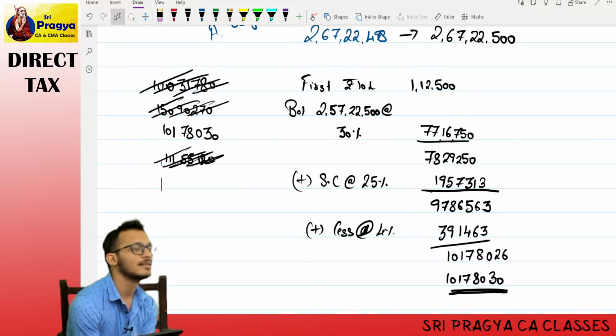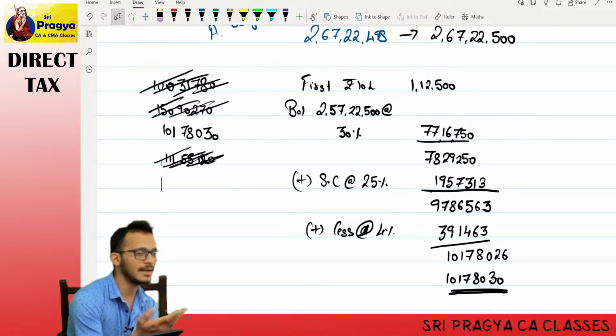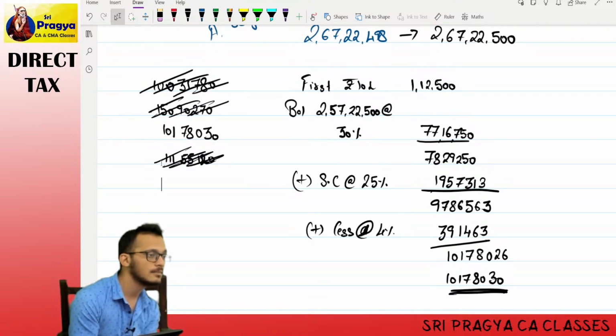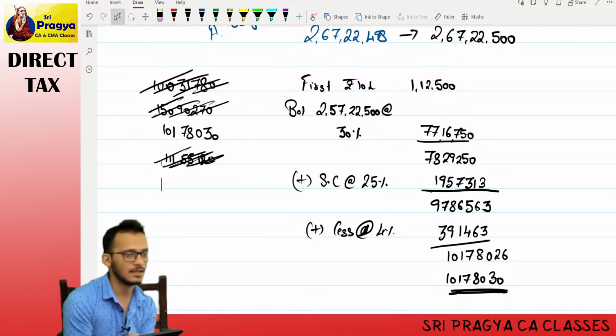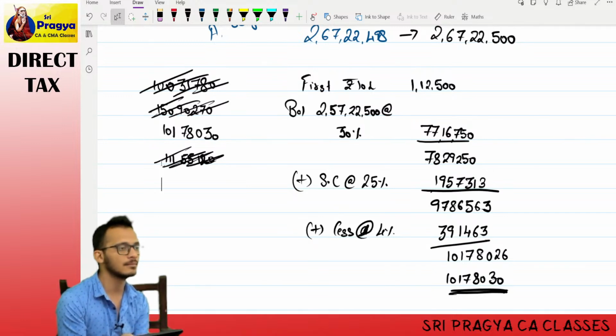Low income with expense. How? What do you mean by child earning low income? You people are right now not earning. Tomorrow, assume that you have a savings account in which you have put money and you get interest out of it. Are you poor or rich? You're poor because your income is not going to go more than 5 lakhs.